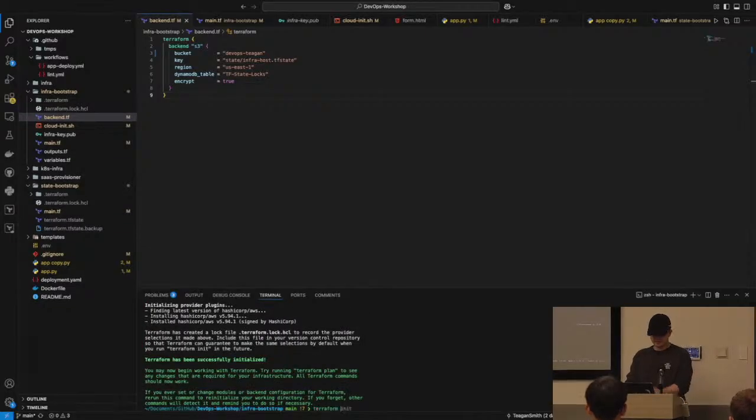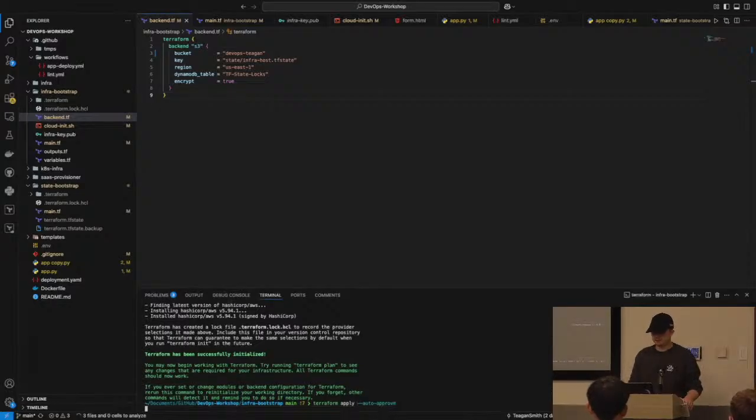We've initialized it with that state that we created. Now we're going to apply. I use auto approve. Don't do that. It just makes it faster. So while that is provisioning, let me think. I guess I can show off something else.